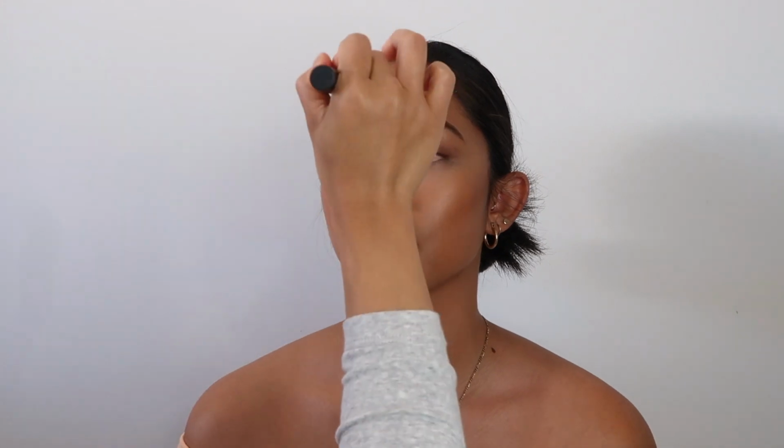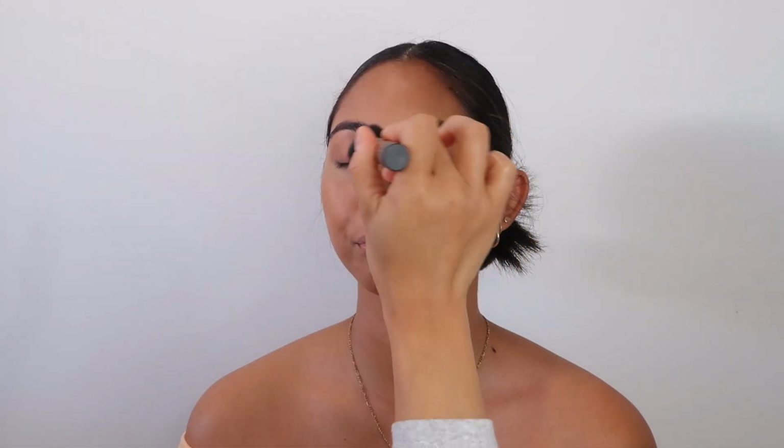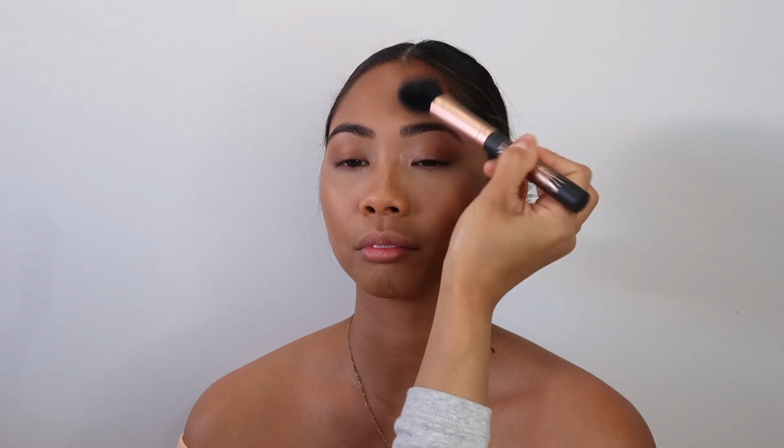So she also loves Hourglass products. The Ambient Powder palette, is that right? Yes, yeah. It's a limited edition, guys, so you may not be able to get it, sorry. I've actually got 2 versions of it as well. Not that I need any more, but I really am looking forward to what the Christmas special might be this year with their palette. So if you are on the hunt for one, keep your eye out at Mecca stores,